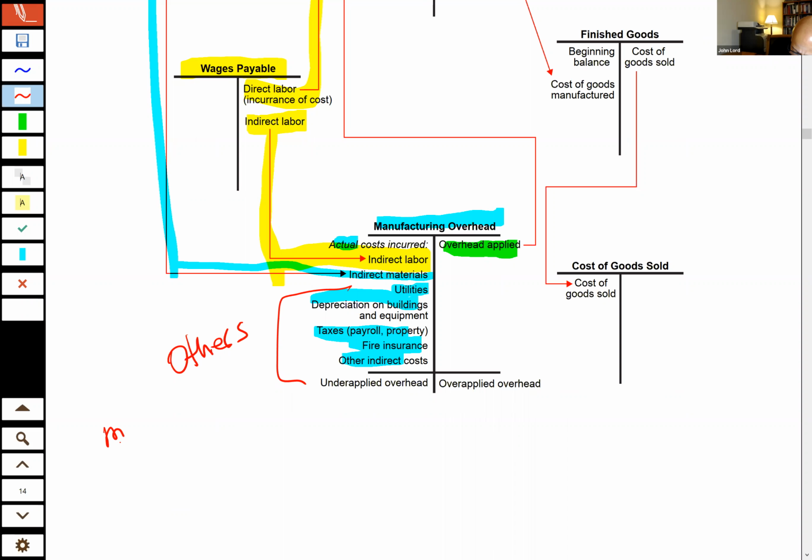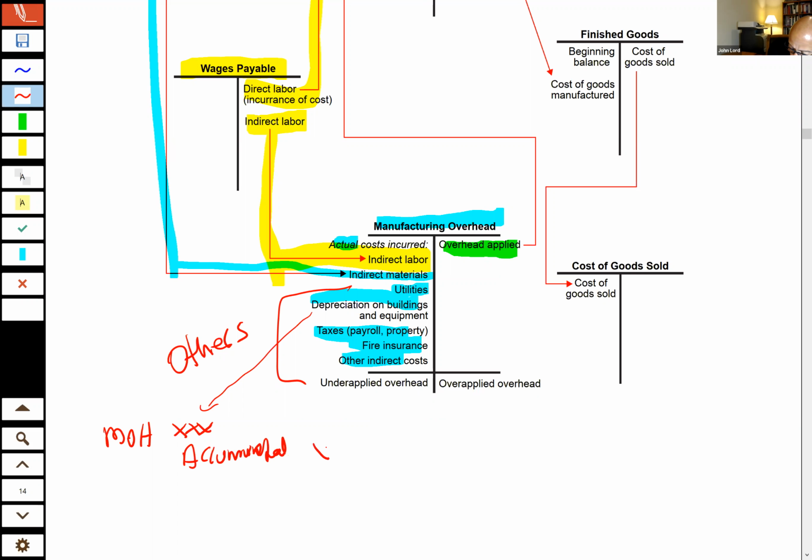Now, just to make sure we're understanding where the credits are coming from, if we're debiting our manufacturing overhead for, say, our depreciation, okay, let's just think about the depreciation, for example. That's the debit to our manufacturing overhead. What's the credit to? If we debited manufacturing overhead, what did we credit? Debits equal credits. We have to credit accumulated depreciation.